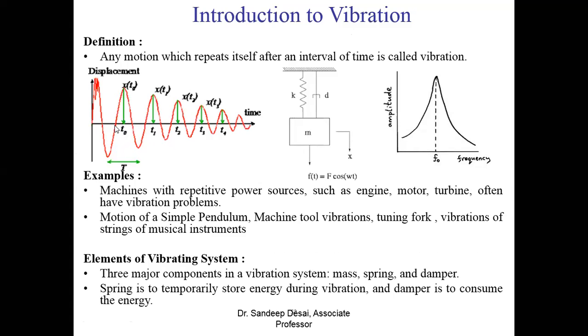If this is a cycle from this point to this point, then time taken to complete one cycle. See, the cycle is starting from this point. Half cycle, one cycle. So the distance between these 2 points, 1 and 2, between this point and this point and this point, that is called as